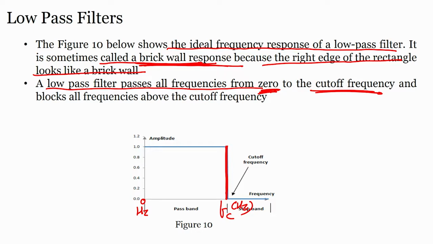A low pass filter passes all the frequencies from 0 to cutoff frequency and blocks all frequencies above the cutoff frequency, alright. So, you see here, where is my FC, my cutoff frequency is here. Actually this is amplitude, so we can always say this one,